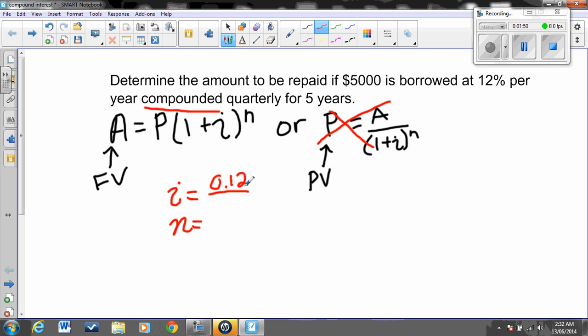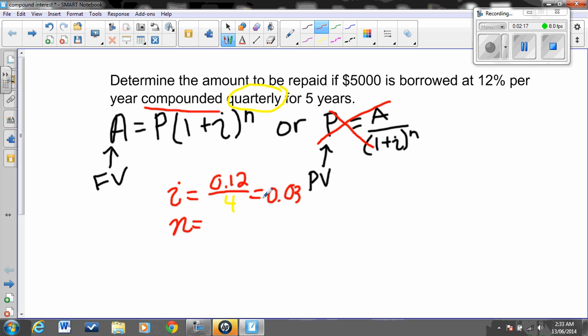And I have to take that 0.12 and divide it by the number of compounding periods in 1 year. So this question tells us that interest is calculated quarterly. That means 4 times a year, so I have to divide that by 4. So the i that I'm plugging into my formula is going to be 0.12 divided by 4. So i is going to be